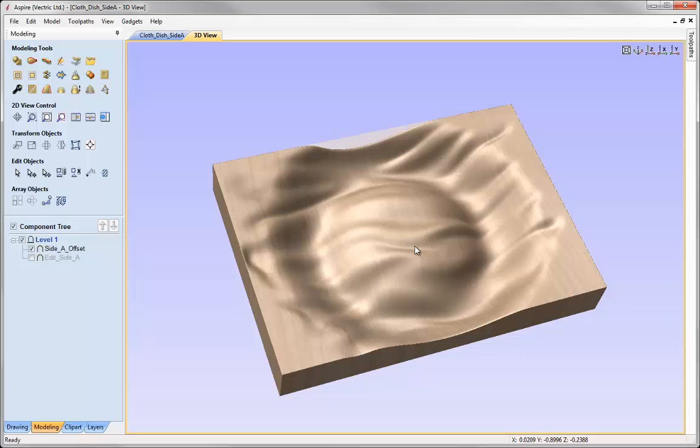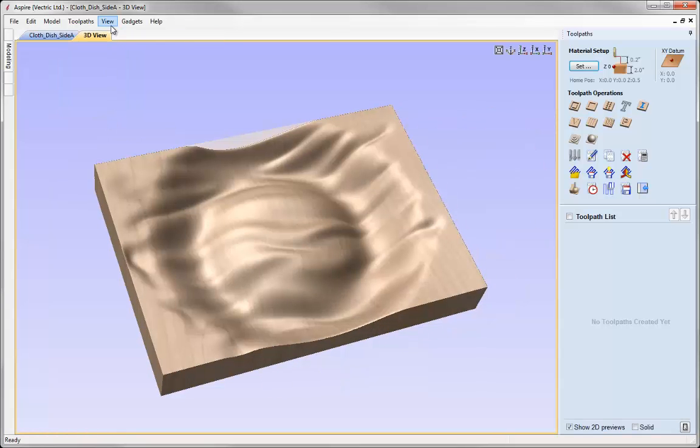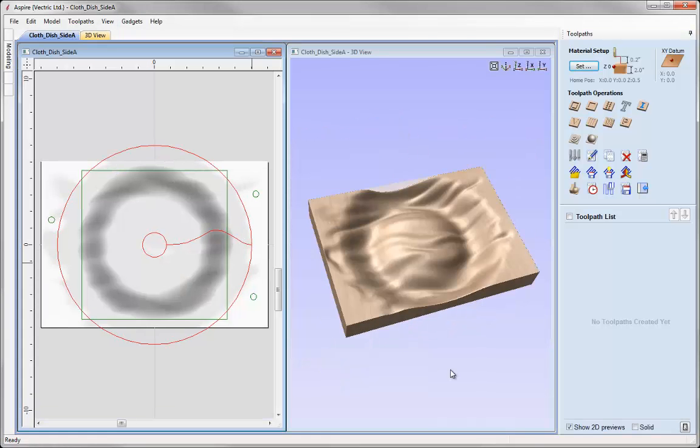So now we can head over to the toolpath tab, start calculating the toolpaths for this side of the job. Let's click on the icon to switch over, go to View, Tile Windows Vertical so we can see the 2D and 3D view, and the first thing we need to do is come up and click on the Set button